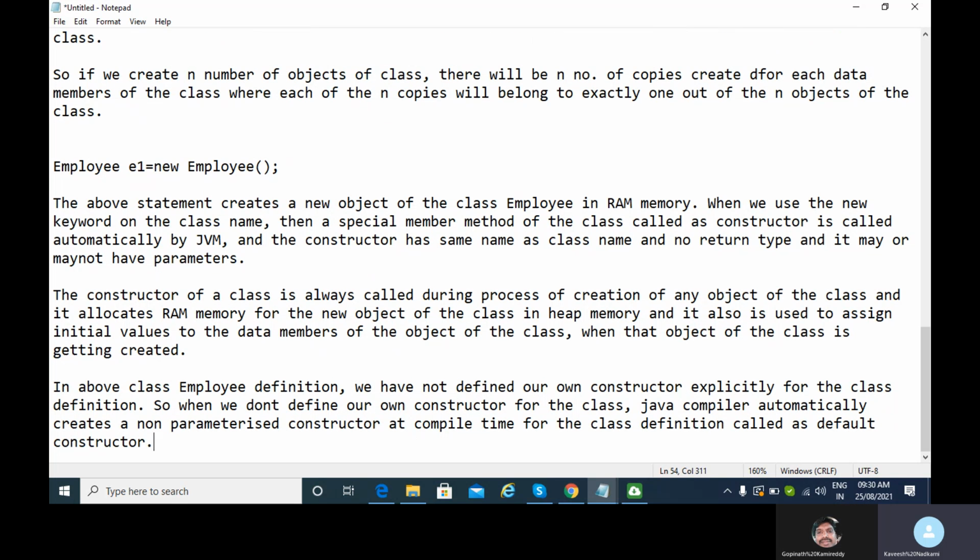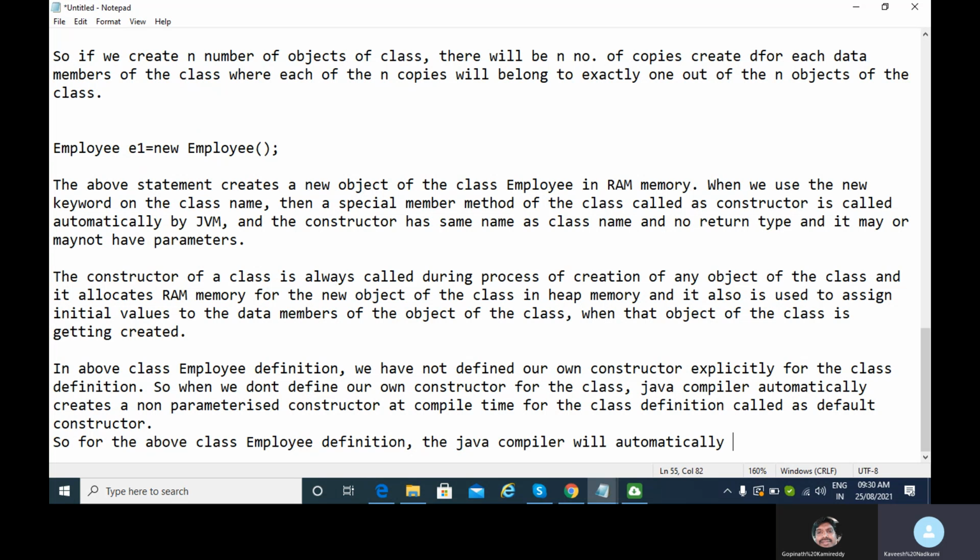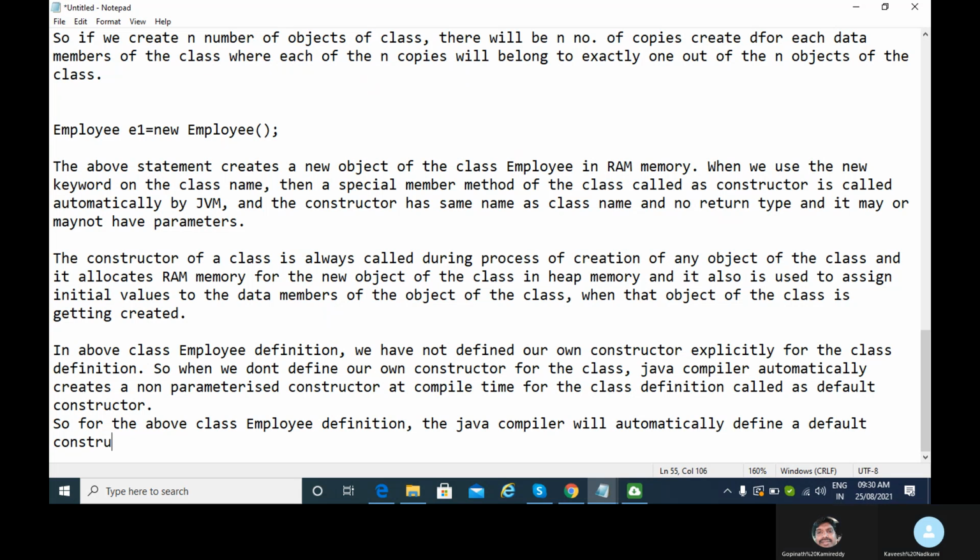Clear, Gopinath? Yeah, clear. So for the above class Employee definition, Java compiler will automatically define a default constructor for the class Employee.